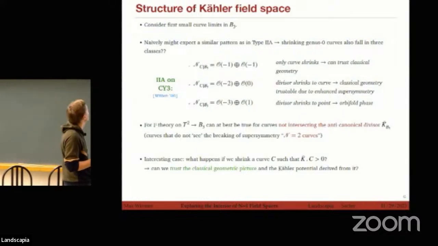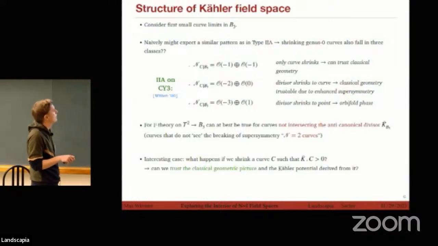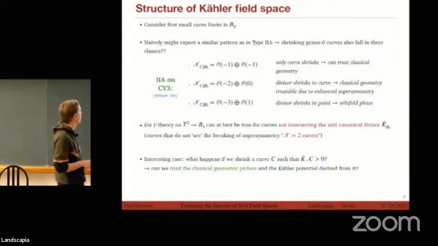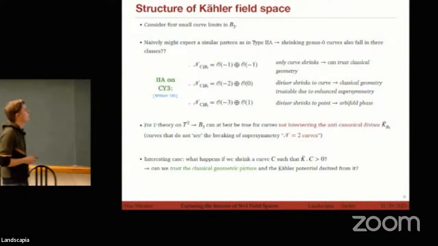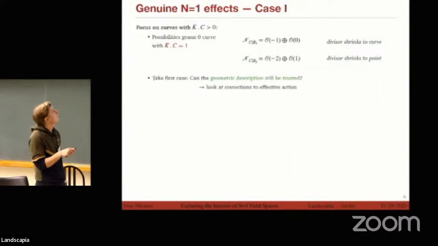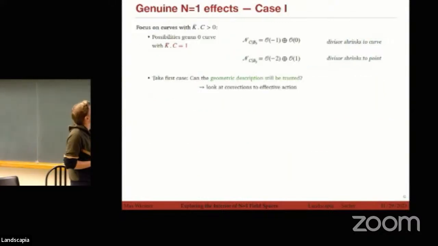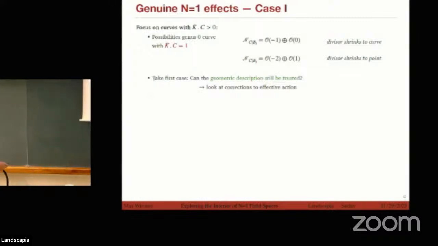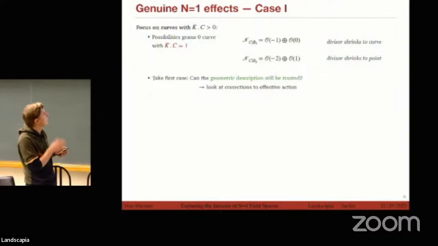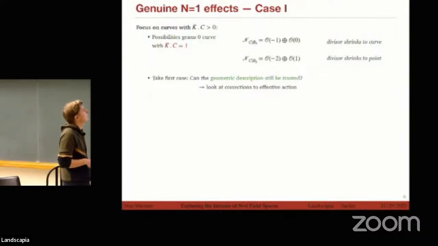But the interesting case is what happens if we shrink a curve C such that it has a non-zero intersection with K1. Can we trust the classical geometric picture and the Kähler potential derived from it? And therefore, let's focus on these curves. Let's first say, okay, what happens if we intersect this curve once by K-bar? Then these are the possible normal bundles, and we take the first case and ask, can the geometric description still